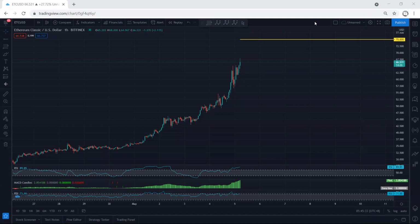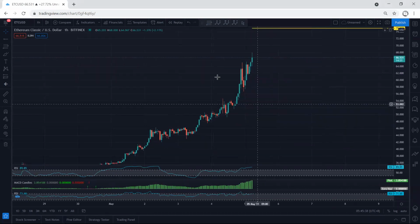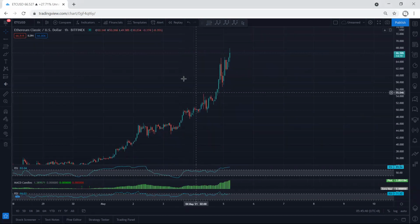ETC, we start with 1 hour chart. Just I want to give a quick update. First of all, if you refer to our analysis in my last video when the price was exactly within this move, exactly here, we mentioned if we want to look for trade, we have to get the correction here,